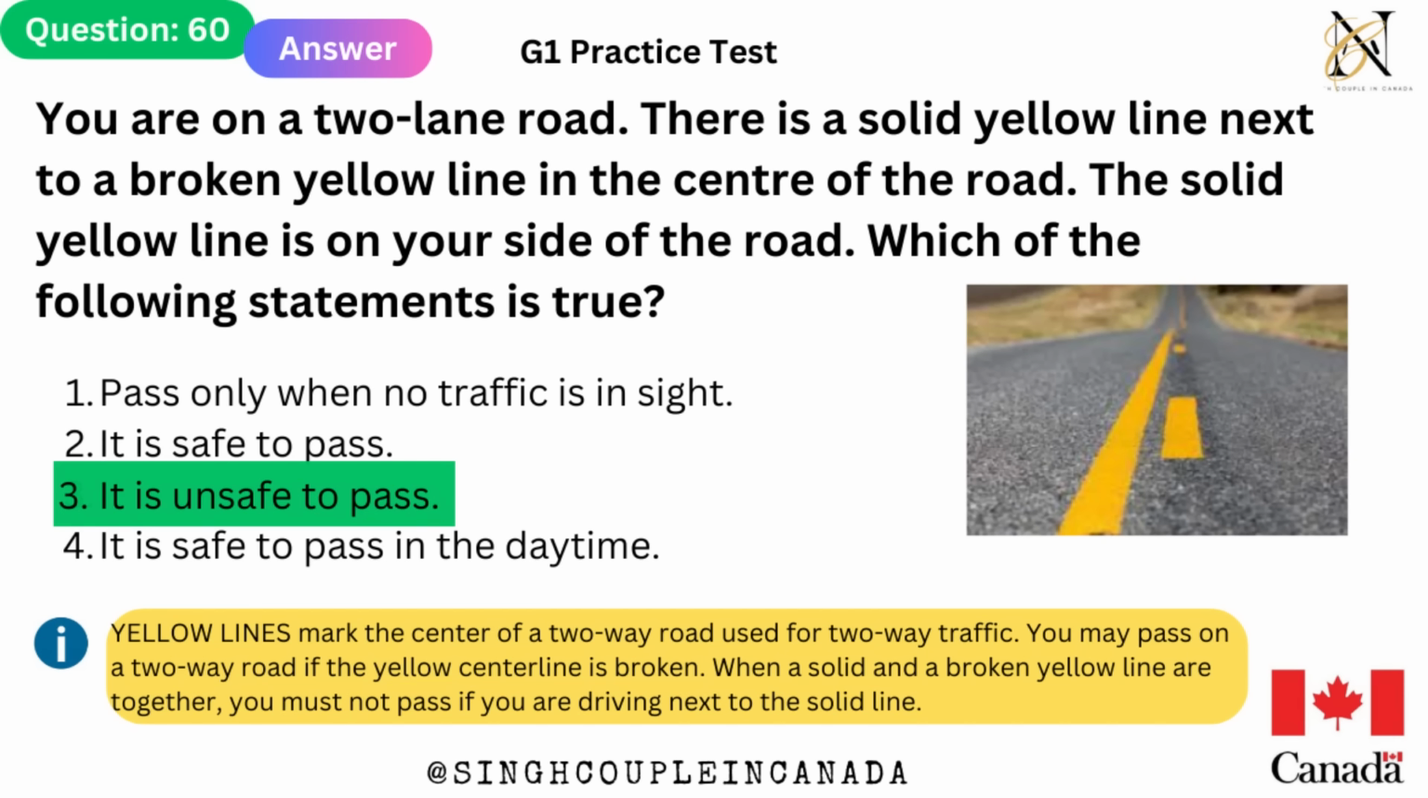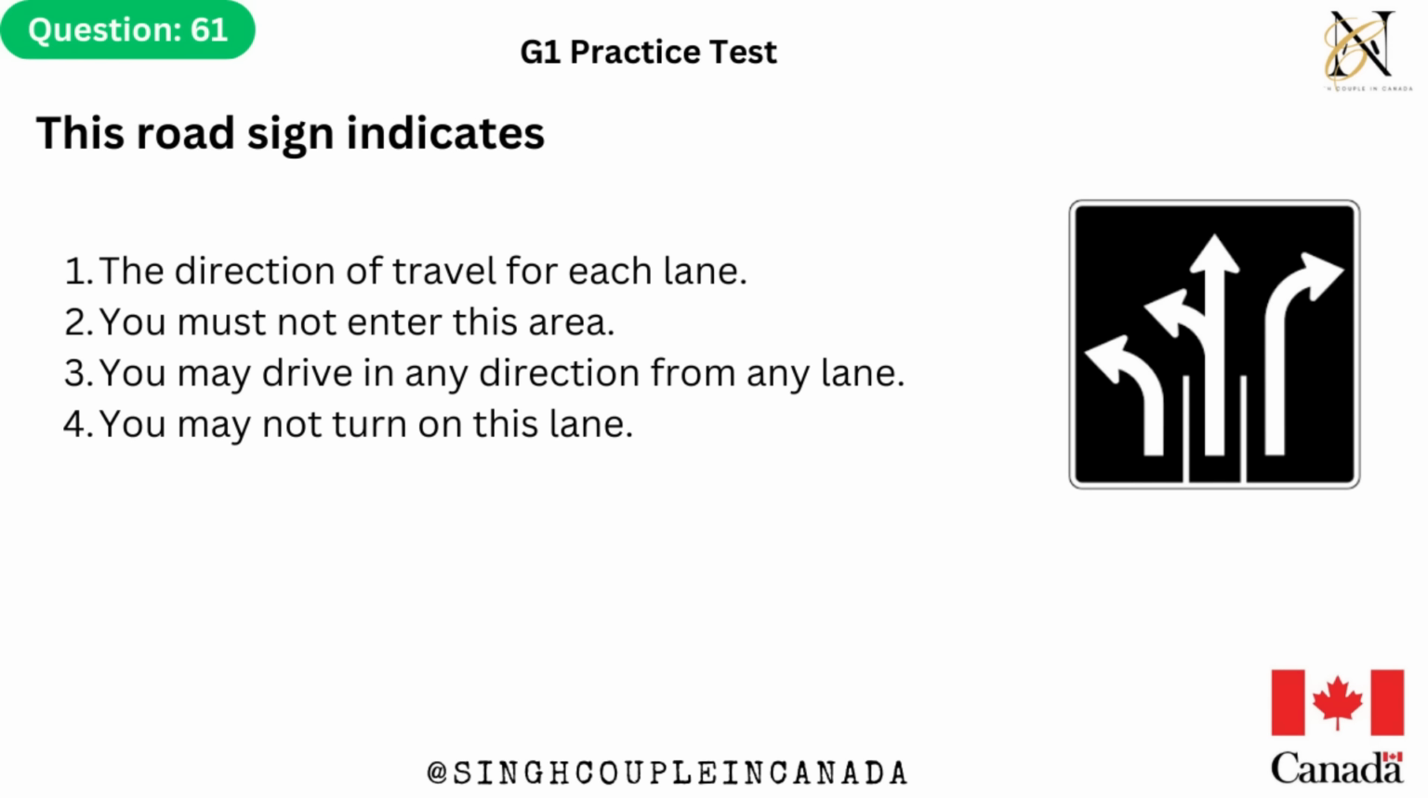Yellow lines mark the center of a two-way road used for two-way traffic. You may pass on a two-way road if the yellow center line is broken. When a solid and a broken yellow line are together, you must not pass if you are driving next to the solid line. This road sign indicates